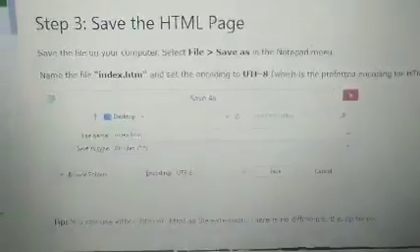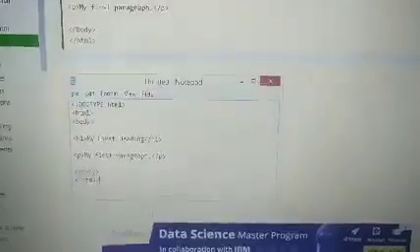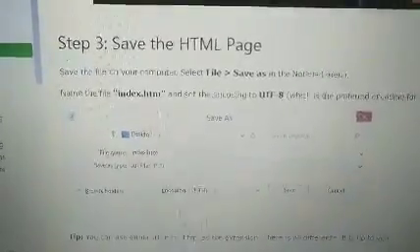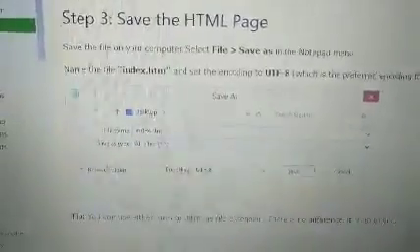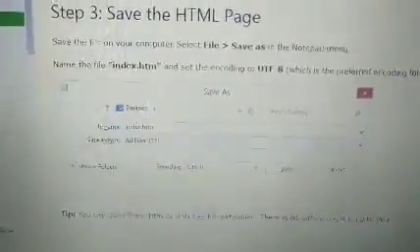We have written the code, but it is untitled. Why is it untitled? Because we have not saved it yet. Then we click on the File section of Notepad, choose the location and give the name. After giving the name, you put the extension .html. This is the extension of an HTML file.